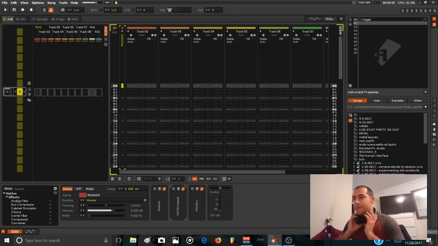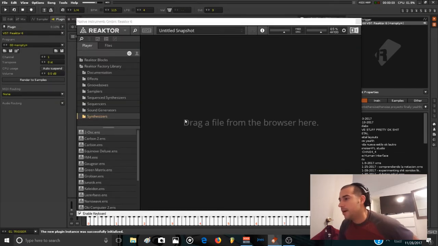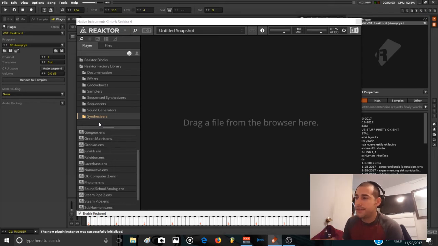So let me open Reaktor and I'm going to show you my favorite Reaktor ensembles. And I'm going to talk a bit about what they do. In this video I would like to talk about the factory library, keeping apart the blocks. I'm still not, like, oh, the blocks. There's a lot of